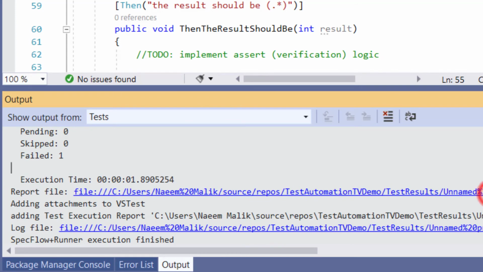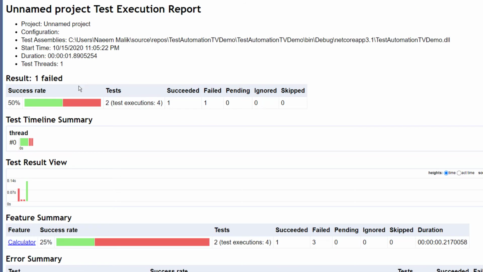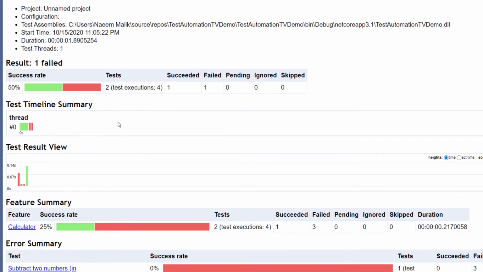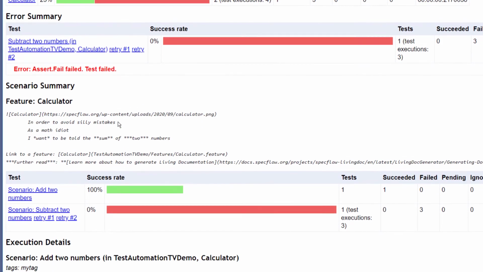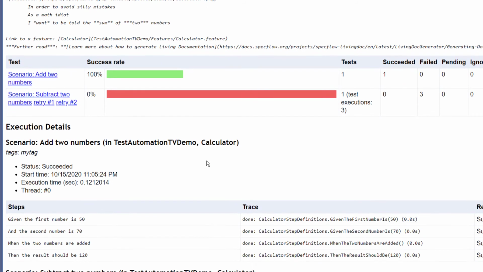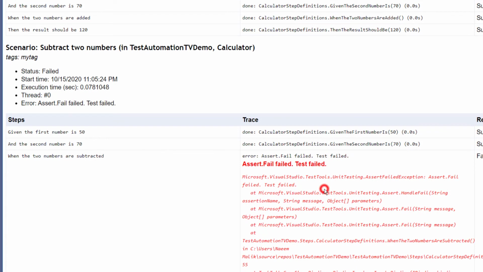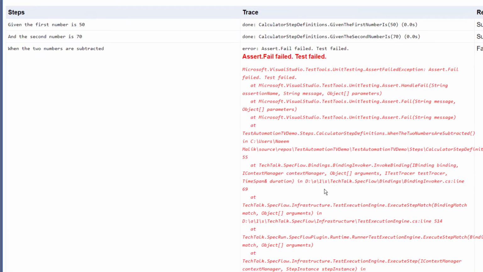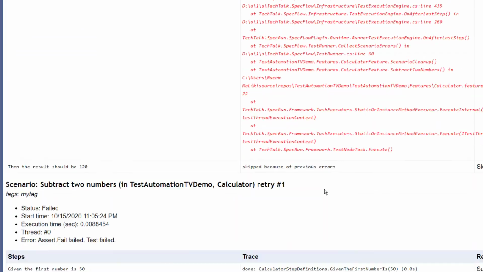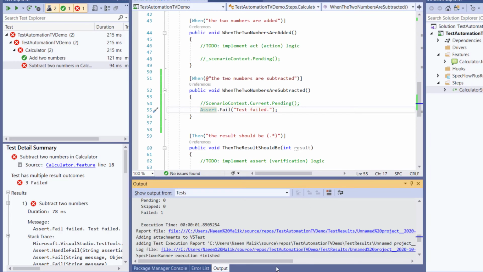And we can also go to this HTML file, and here you see we got some red in the file, some red stuff in the file. This means that the test has failed. This scenario has failed. All of this information is provided over here. Okay, the step which failed is also given here, you see, with full exception details and stuff like this. So this is how we can do it.